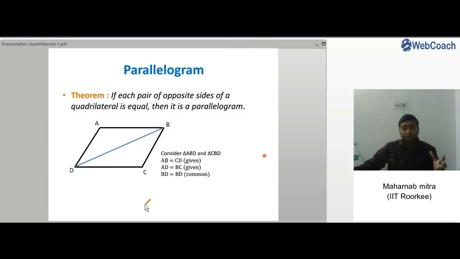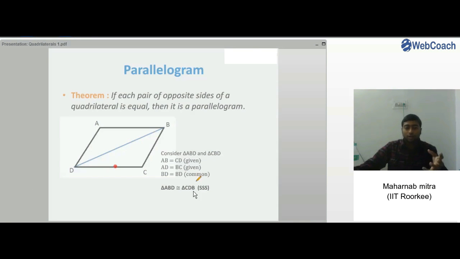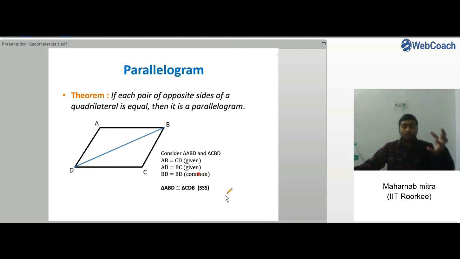Right? BD is a common side. So once again we get the two triangles are congruent to each other by a different rule, SSS, or side rule, right? And from this we can get,